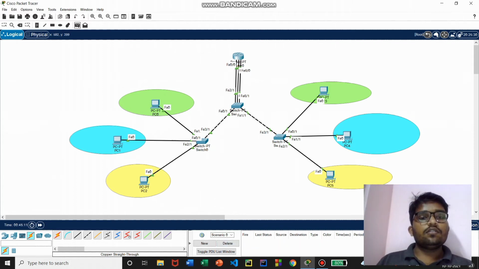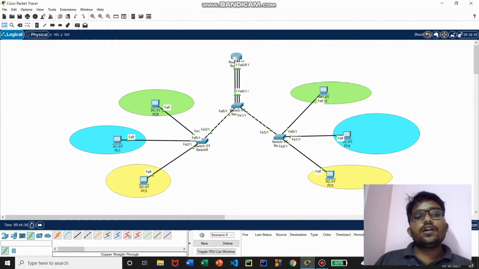So this is how we'll perform. Let me try pinging from a PC to the router. It is successful. Let me try pinging between this PC and this router. It is successful. This is how we'll perform the inter VLAN routing configurations. And the problem here is if the number of VLANs is going to be more. In this case we just have 3 VLANs and we have 3 cables here. So if the number of VLANs is going to be more, the number of cables will have to be increased from the router to switch, right?